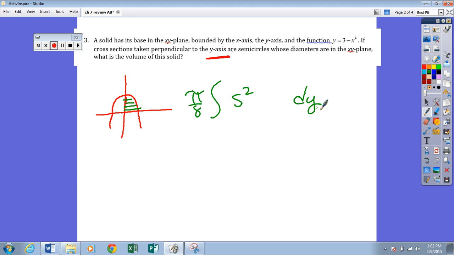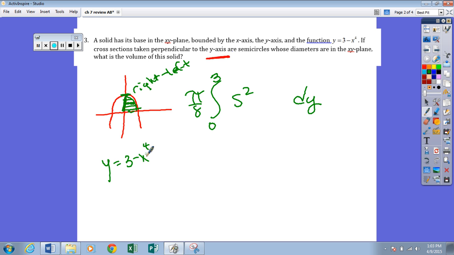So if these are y's, I need my bounds to be y's. So it looks like the lowest y on my paper is 0, and the highest y on my paper is going to be 3, and that's just from knowing the graph. S is going to be this distance right to left. Once again, something we've talked about at the end of this week, right minus left. So it's going to be curve minus 0. Curve minus 0. And the curve is the equation y equals 3 minus x to the 4th,